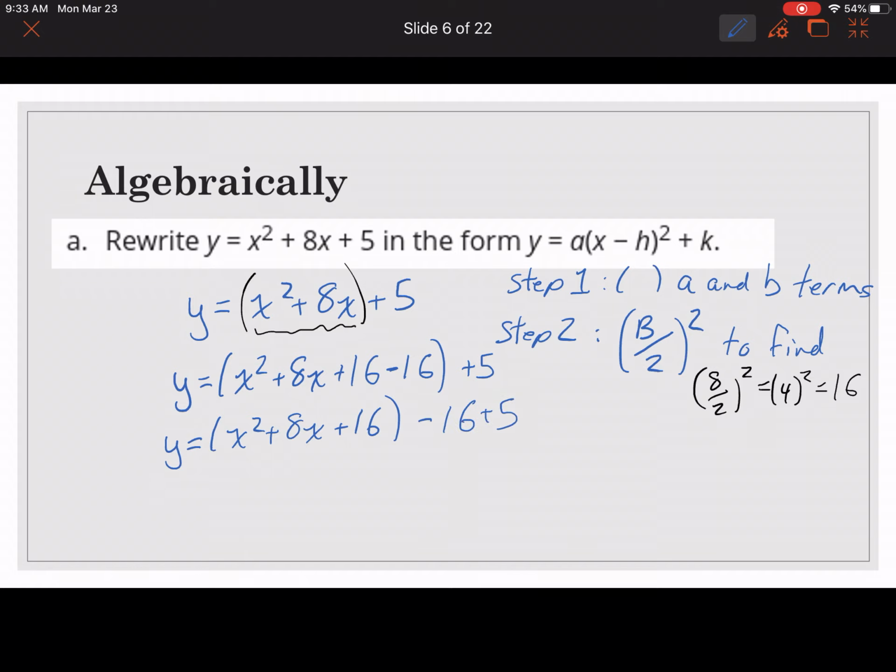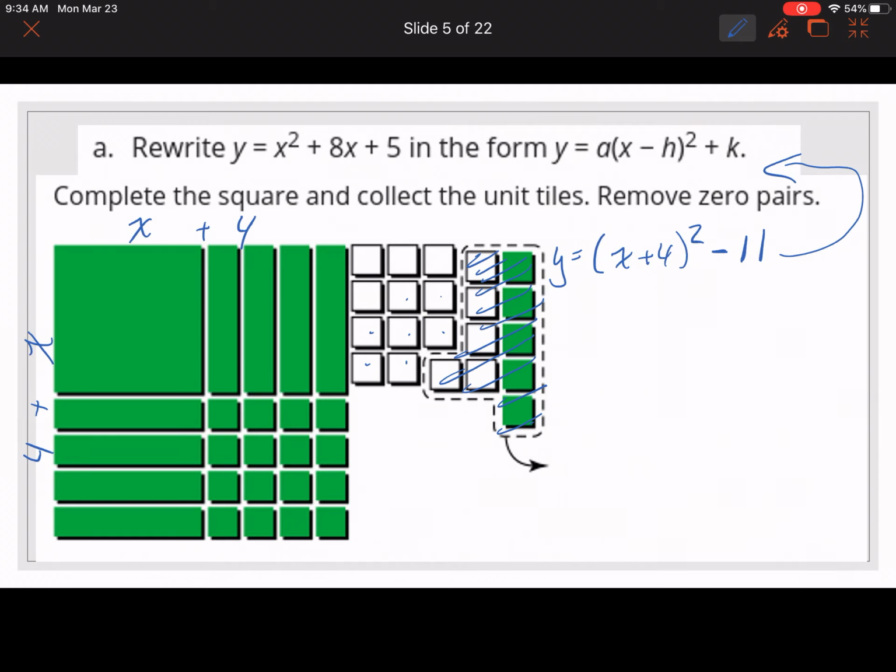But remember that subtraction sign. That's where some people are going to fall down, is they're either going to try and make that a positive or they're going to try and make that multiplication. Don't do that. So now we know, because we are using our a squared plus 2ab plus b squared equals a plus b all squared. Using that for what's